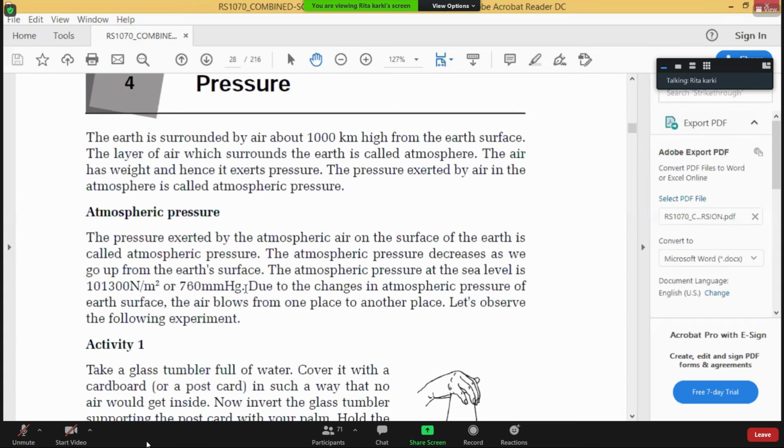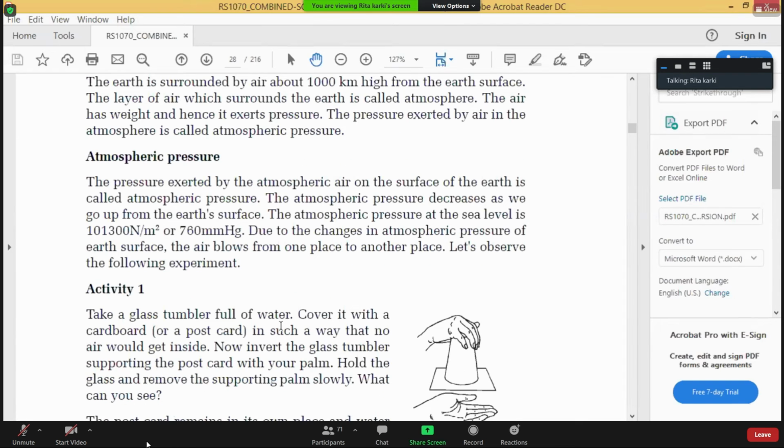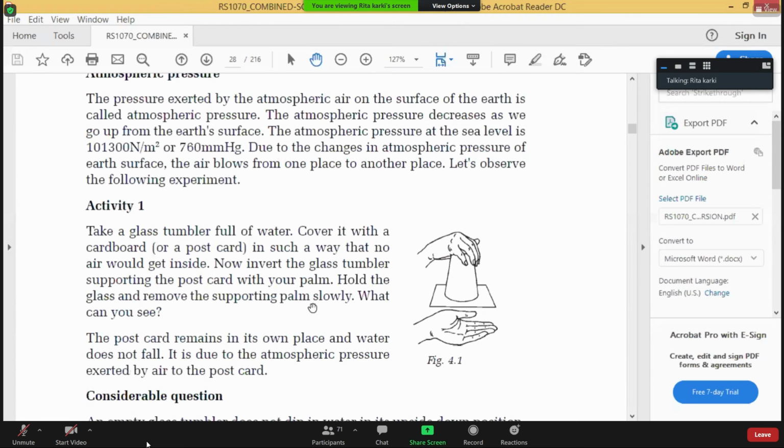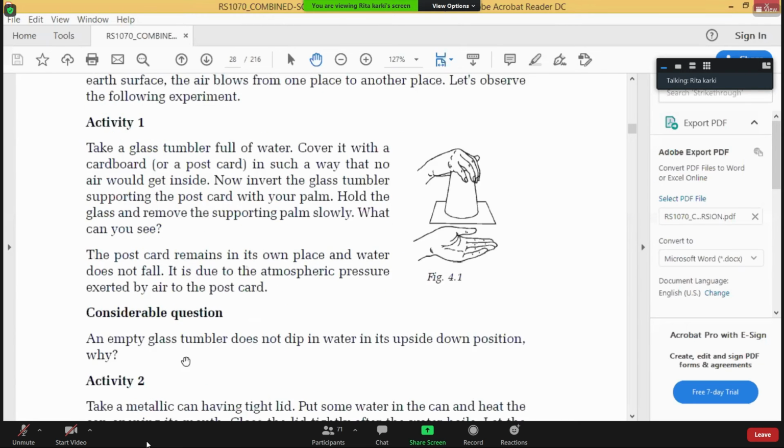नजिकै चाहिँ के हुन्छ त atmospheric pressure will be almost similar, that is 760 mm of Hg. As the places change, as the altitude changes, as we move to an upper layer or lower level from the sea level, the atmospheric pressure keeps on increasing or decreasing. Most of the time, as we move from the sea level towards a higher altitude, the atmospheric pressure keeps on decreasing. This atmospheric pressure is present everywhere, which can be proved with the help of the activity given in your book. So please read